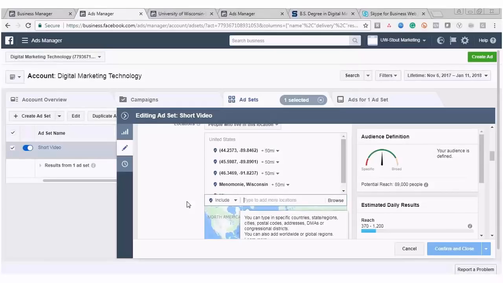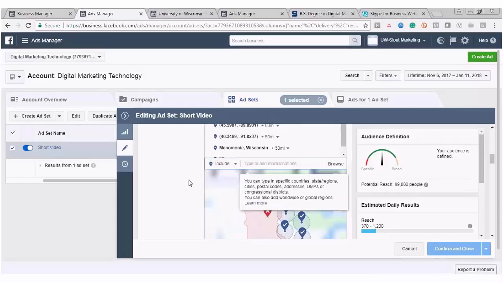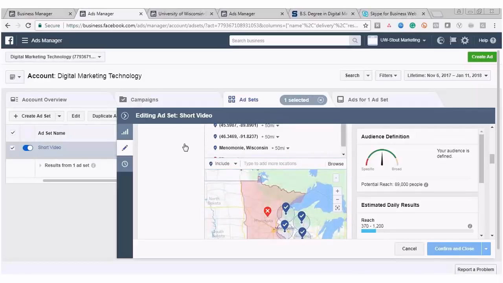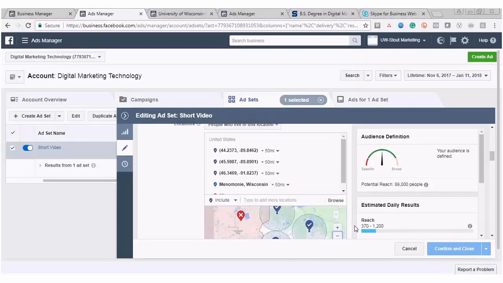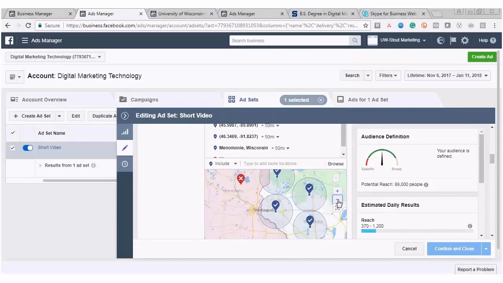And so what I did with this, in terms of the geography, is we were able to set geographies and then up to a 50-mile radius. To start, I went with Menominee and then a 50-mile radius. And then I just threw out a few more of these other potential geographies by dropping these pins. That's why you see these as coordinates rather than cities, is I'm able to just drop a pin on the